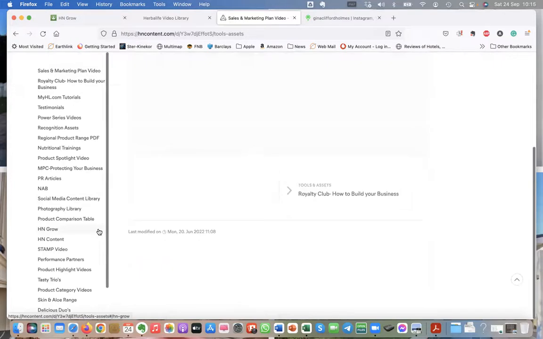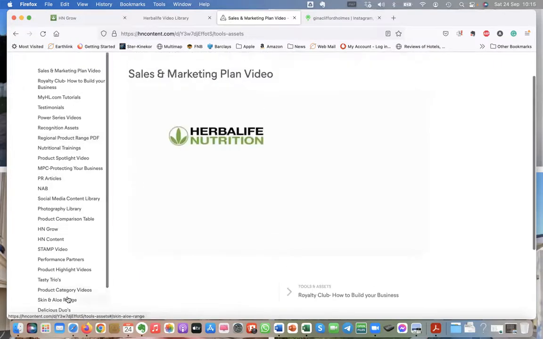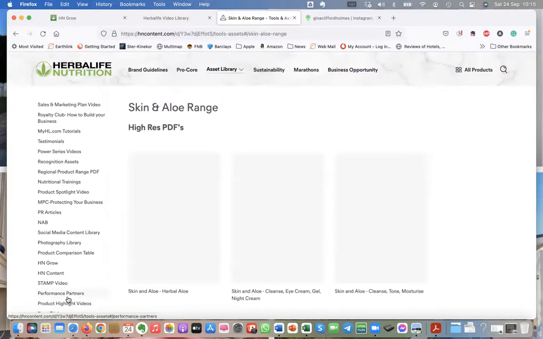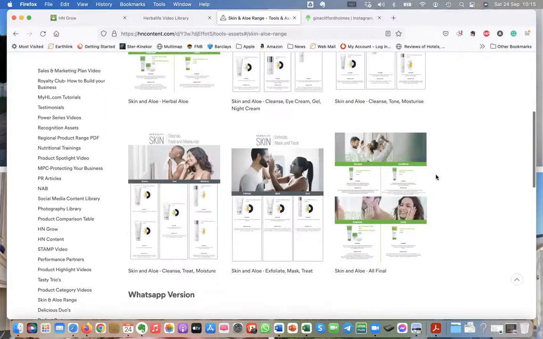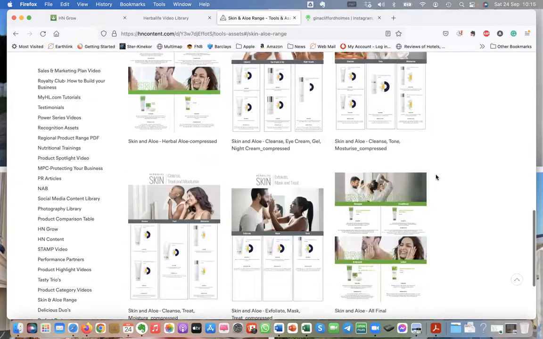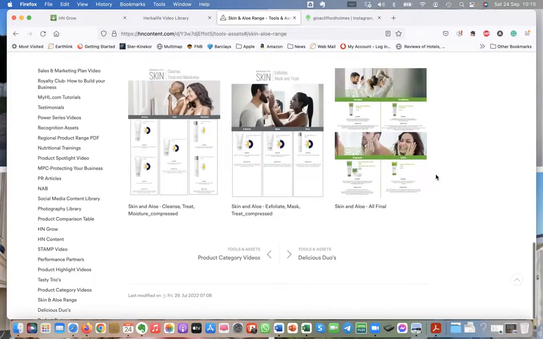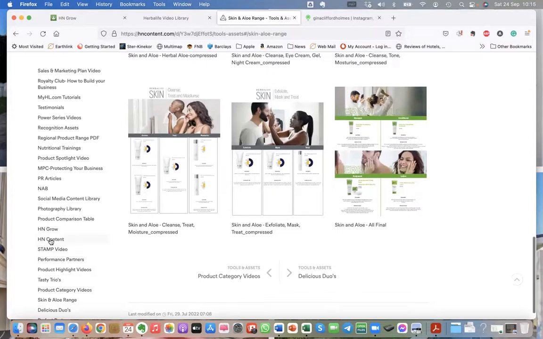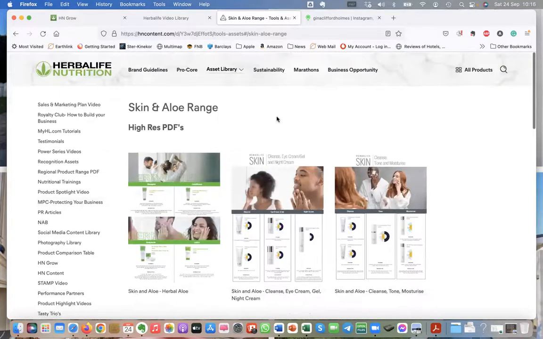So every single, let's say you want to have some images of the skin and the aloe range. You know, you can give some information on them, their little descriptions, images. So there is so much here that you can take a look at.